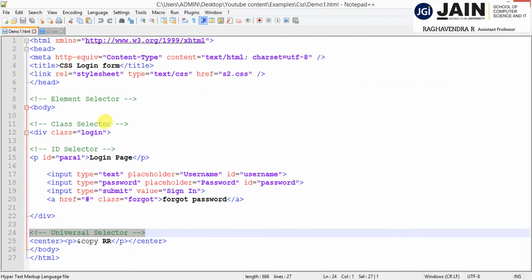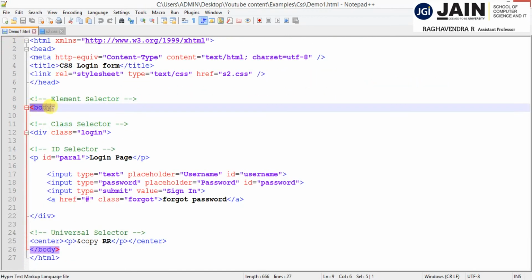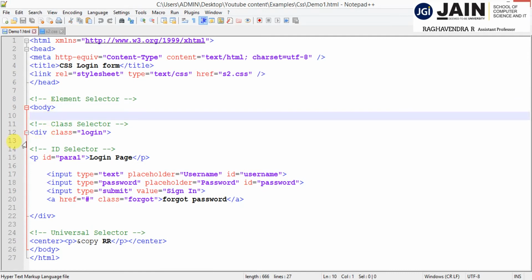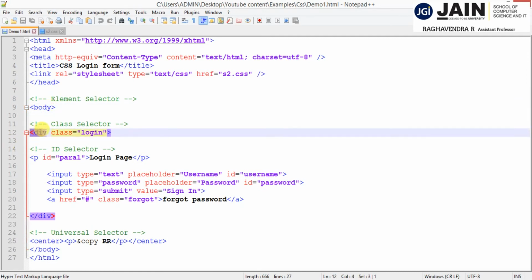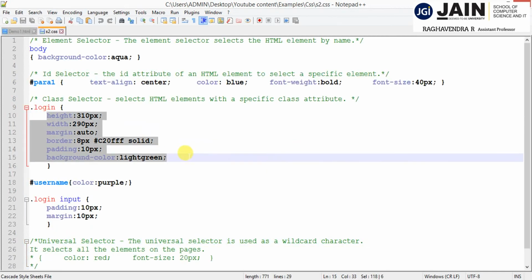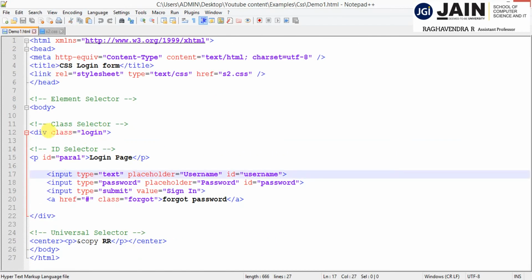Now I'm going to use these selectors in my HTML. So body, we know it will display in the aqua color. I'm using the division tag. Whenever I want to make some block of content, or some container of information, meaning a group of similar kind of information which should appear in the same or similar kind of positions, then I'll go with the division. So I'm using the division tag. Class here I'm using, so class login. What exactly does login contain? This property and value it contains. So it will use the login class selector.